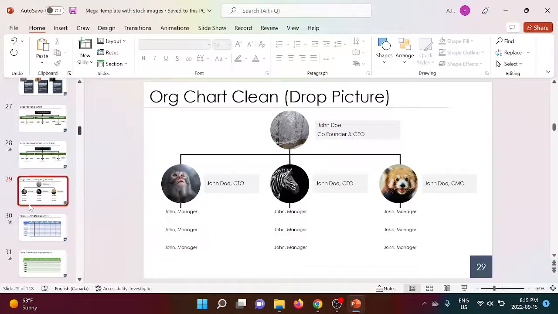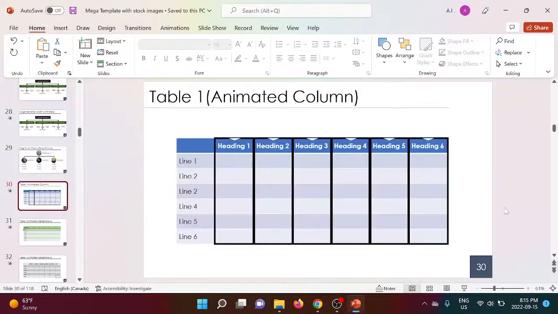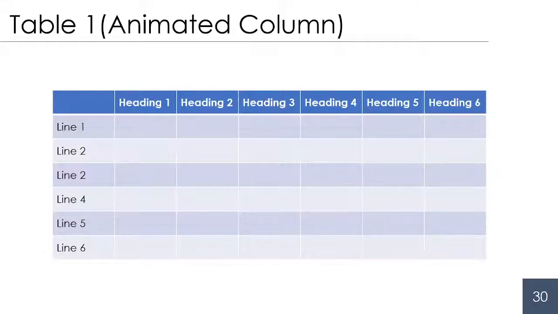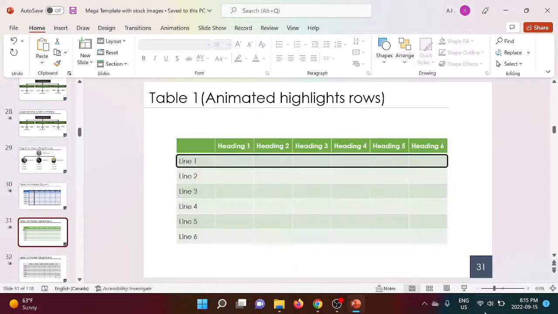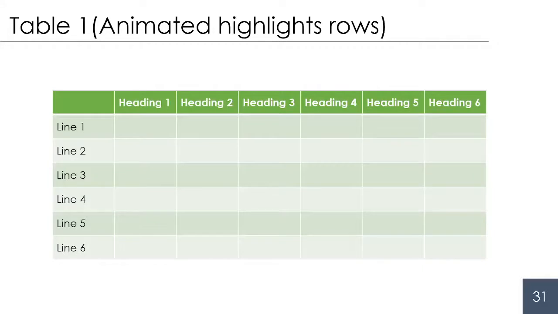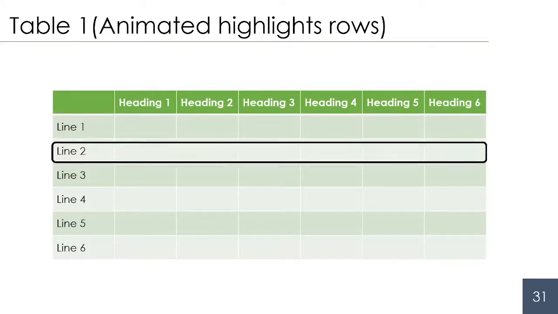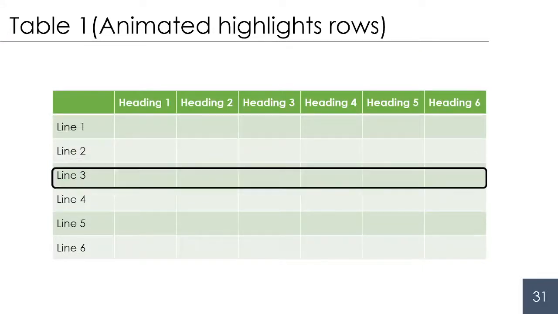So there you go. 30 is I've just made tables look a little interesting. All they do is click, you explain column 1, click column 2, click column 3. Table 31 is the same thing with rows. Just click row 1, row 2, and row 3. And the next slide